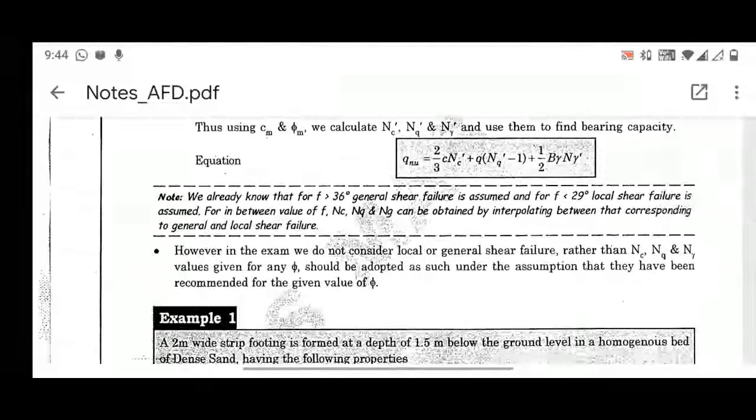Most of the time, you need not worry about Nc, Nq, and N gamma. As I discussed in yesterday's lecture, there are several formulas given for obtaining these. What you have to do is, in the question itself, it will be provided like Nc value is this, Nq is this, and N gamma is this for this particular value of phi. Most of the time in the question paper, they will give you a Terzaghi chart at the end in the form of an appendix, where you can see the tabular values and the plots, and you can find out the Nc, Nq, and N gamma values.